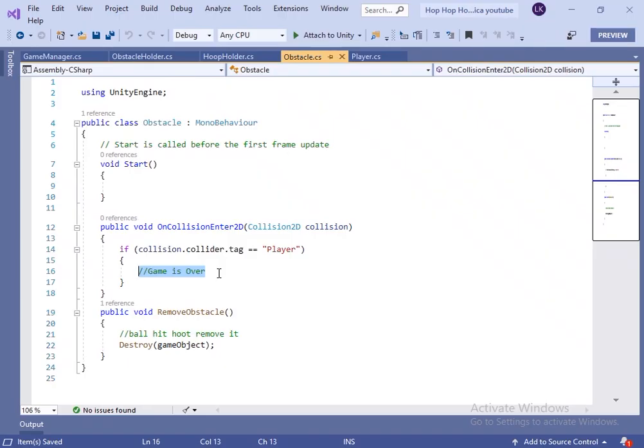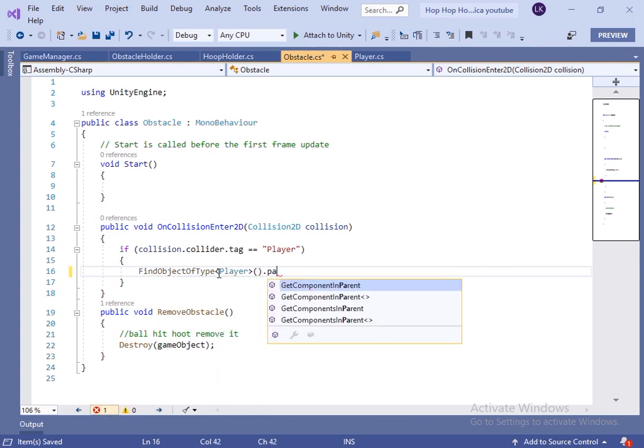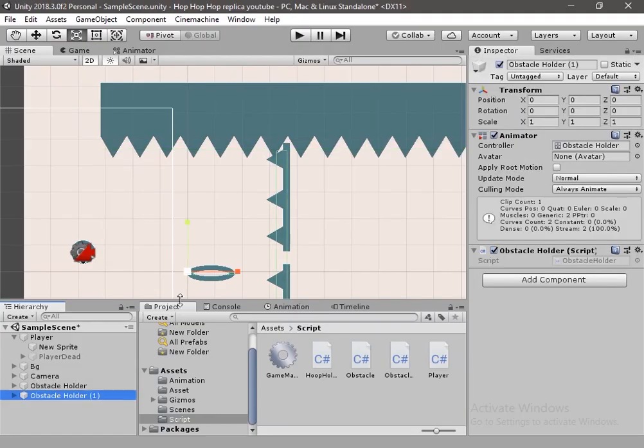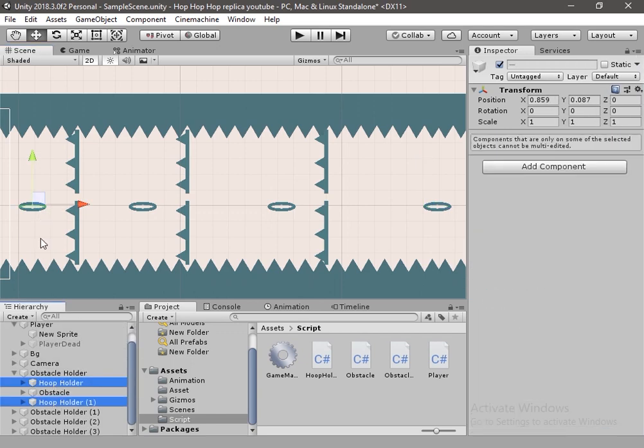So let's open the obstacle script and inside the on collision enter method, we will call the player dead method of the player script. Now let's duplicate these obstacles and change the y value a little bit.